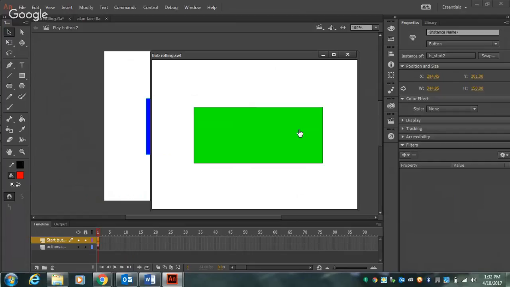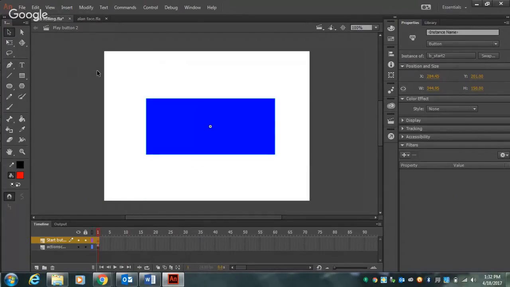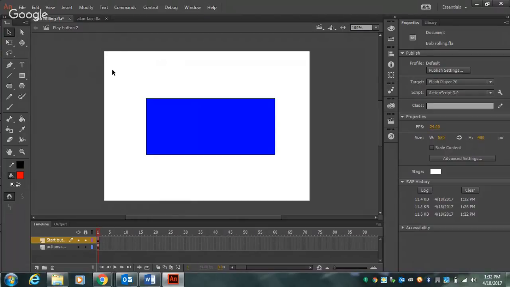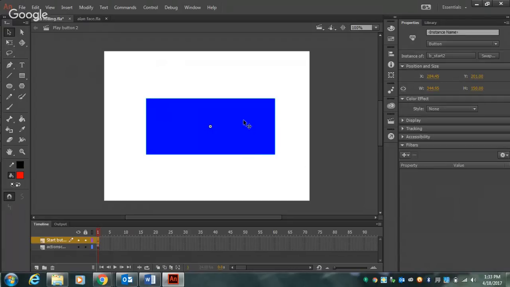All right, Flash is only going to do what you tell it to do. So what we want it to do is when you click it, play the next frame or the next scene or whatever we tell it to do. So let's X out of this. And now here's the one important thing, guys. When you're adding interactivity to buttons or to any graphic or whatnot, you have to have it selected before you do so. So we're going to go ahead and select our button